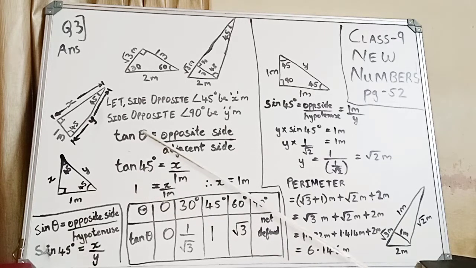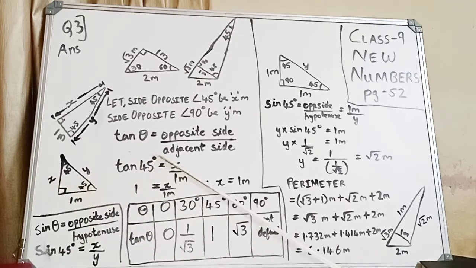Now we will be learning from trigonometry a new concept. Tan theta is equal to opposite side by adjacent side. Previously we had seen in trigonometry, this you will be studying in detail in 10th standard. So here we have used a short form. Previously we had seen that sin theta is equal to opposite side by hypotenuse. Hypotenuse will always be opposite to 90 degree. Opposite side would be the side opposite to whatever angle it is.